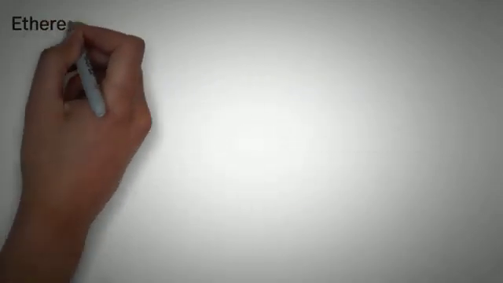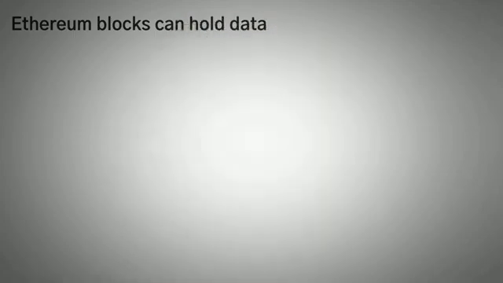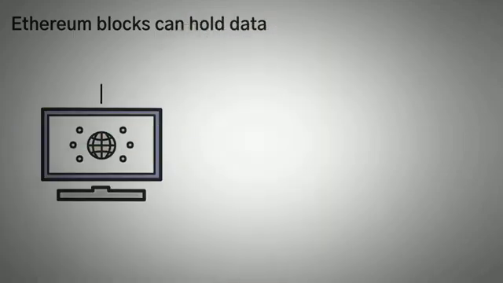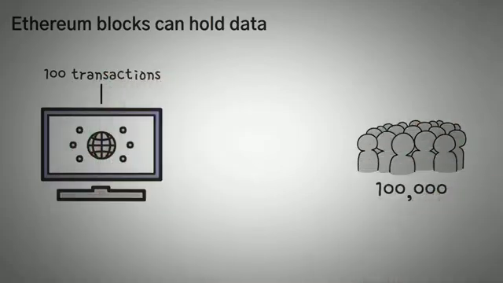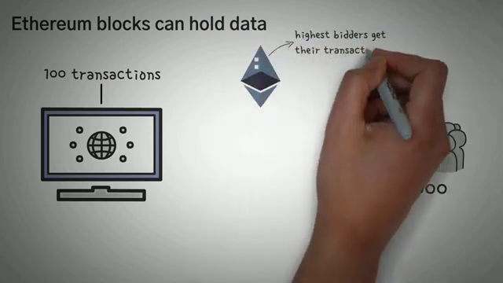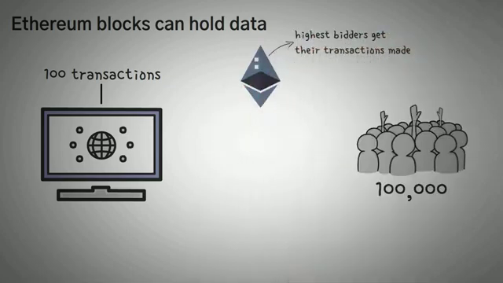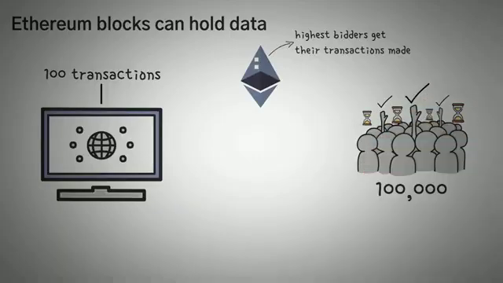So get this, first we need to know that Ethereum blocks can only hold so much data. For the purposes of this video, let's say they can only do 100 transactions. This means if there are 100,000 people who want to make transactions, Ethereum will pick the top 100 transactions that include the highest fee and then use those. Otherwise, the other transactions will have to wait. Now, those fees can start to get expensive, and so each transaction has to be important